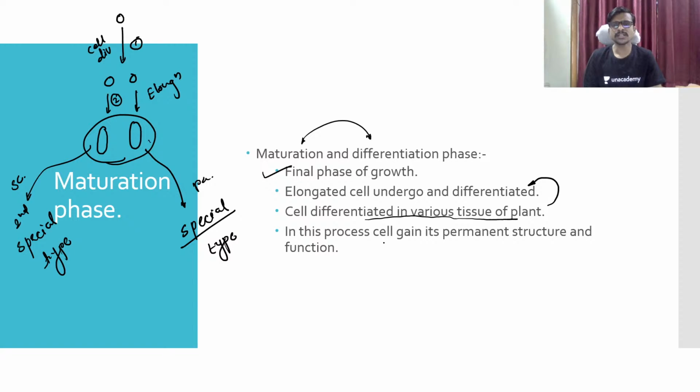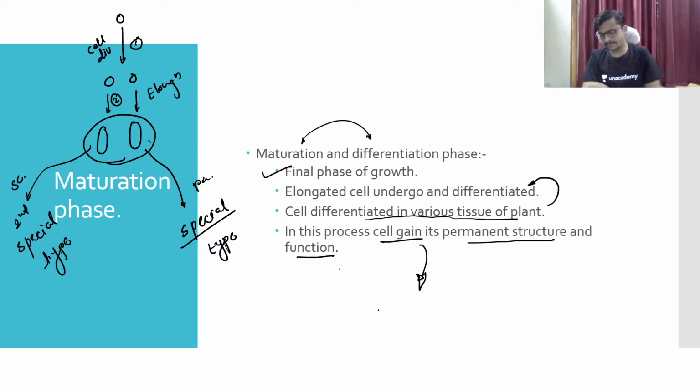In this process, cell gains its permanent structure and function, okay. आपल्या बॉडी मध्ये सुद्धा हे डिफरन्शिएशन होतं. आपल्या बॉडीतल्या सेल डिसाइड करतात की फॉर एक्झाम्पल आय वॉन्ट टू बिकम द epithelial cell, I want to become a nerve cell. So whatever it is, at the time of a development, at the time of embryo development, the